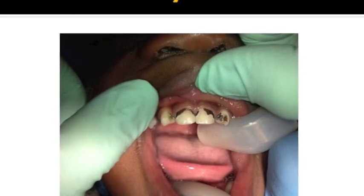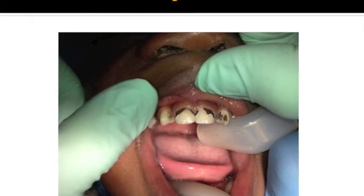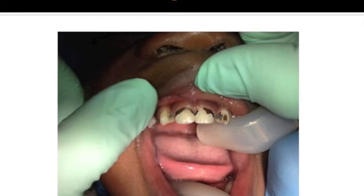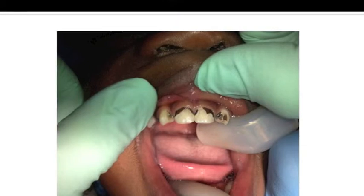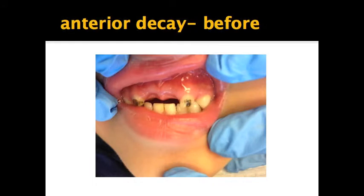This looks like I put a filling in here, but that wasn't carious, so just here, either I didn't take out all the decay when I fixed the tooth maybe a year before that, or it started rotting again. Here's a case where the front 2 teeth were so bad we took them out maybe like 6 months before this picture, I'm not really sure. And these 2 teeth had tried to get restored, but either the fillings came out or whatever. There's decay. We applied silver nitrate there